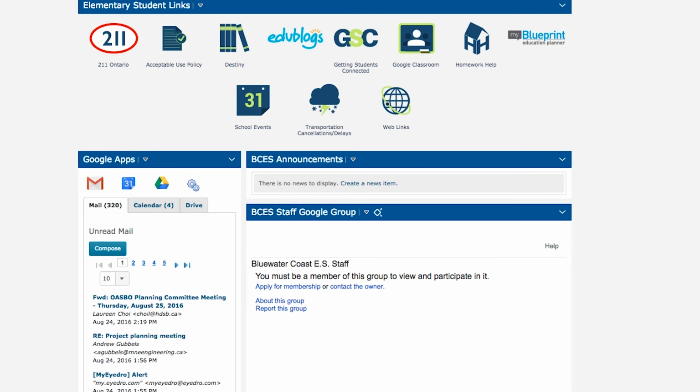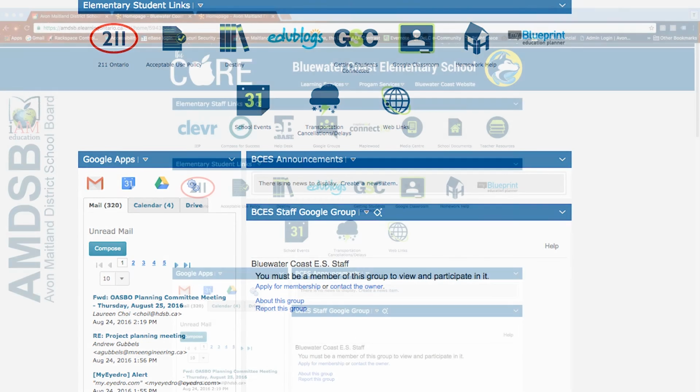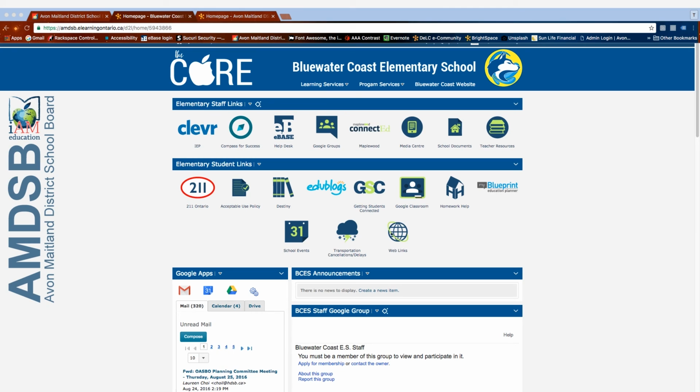Additionally, resources from our Learning Services and Program Department will be available in drop-down menus at the top of the page, as well as a link to the school website. Over the next month, IT will be working with Program and Learning Services to organize the transition of information to these drop-downs. In the meantime, continue to access this type of information in First Class.